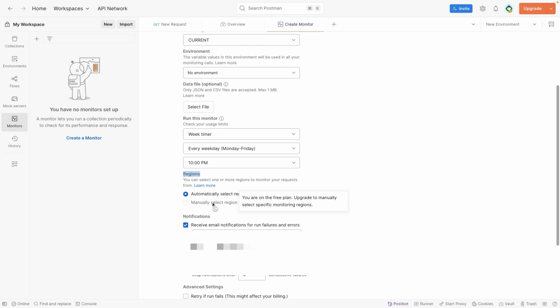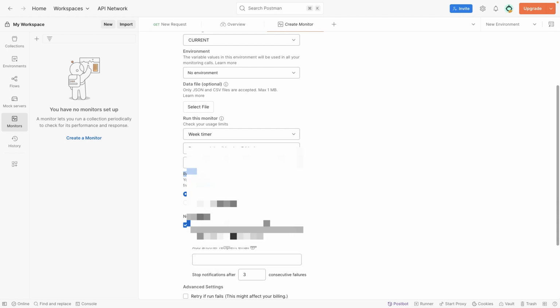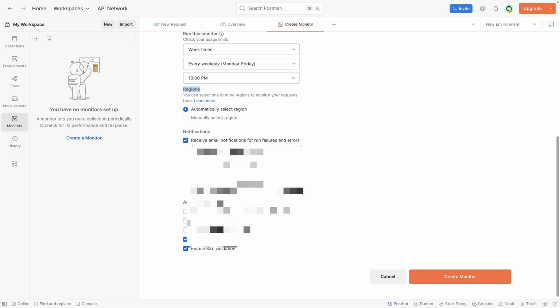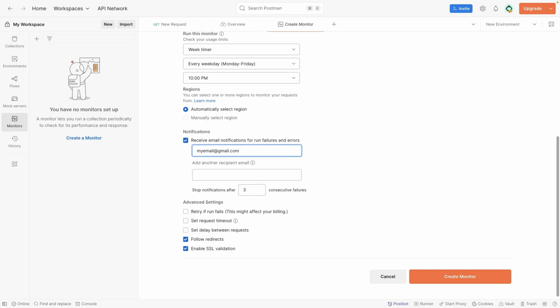And if you want to run your API in a particular geographical region to test the latency from different parts of the world, you need to upgrade, and manually you can select. So for now I will leave it as default. And further down